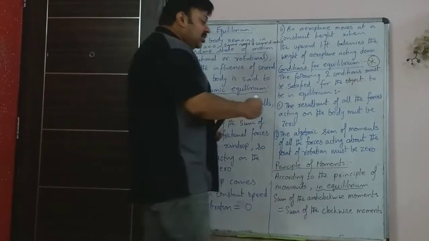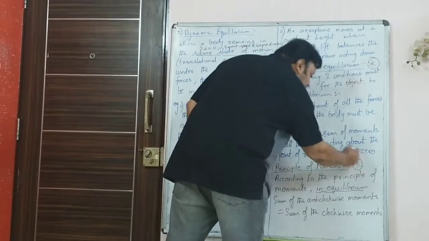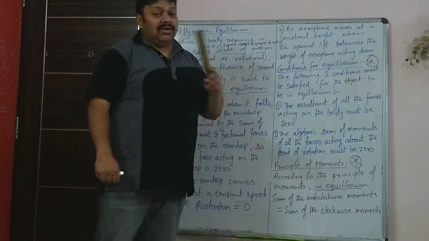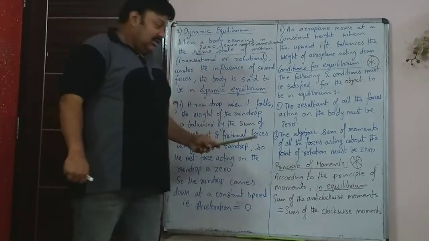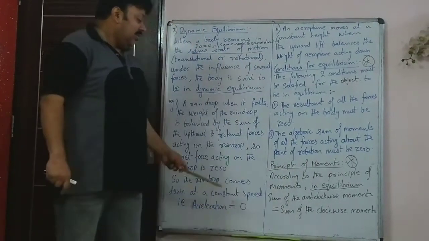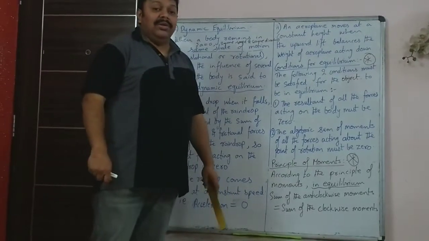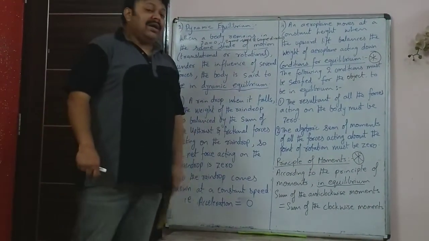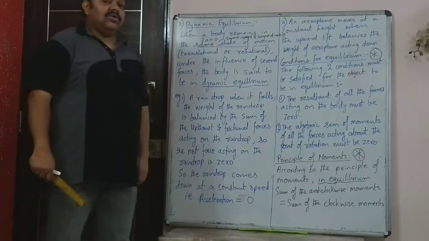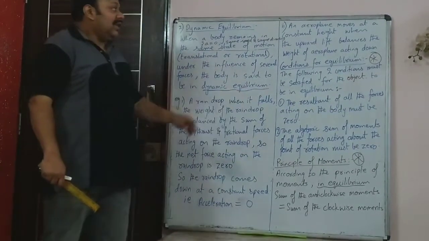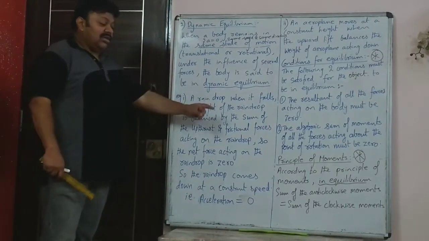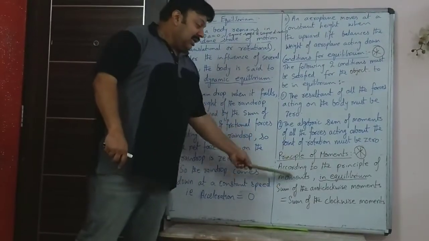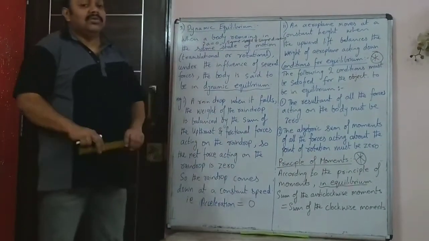Define the principle of moments is another important question. According to the principle of moments, in equilibrium, that word should be there, otherwise it doesn't make sense, the sum of the anti-clockwise moments should be equal to the sum of all the clockwise moments. So that is the condition for equilibrium, or that is also the principle of moments. This was the second condition of equilibrium, but that is also known as the principle of moments.